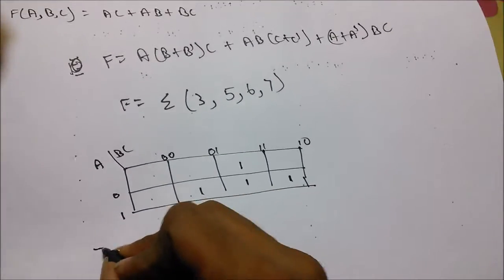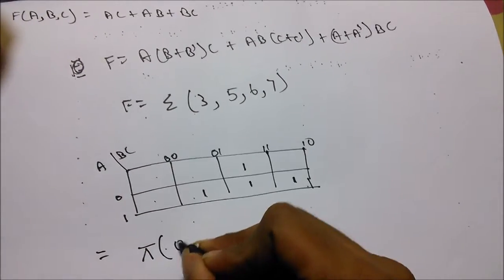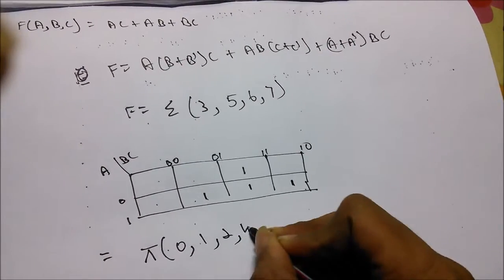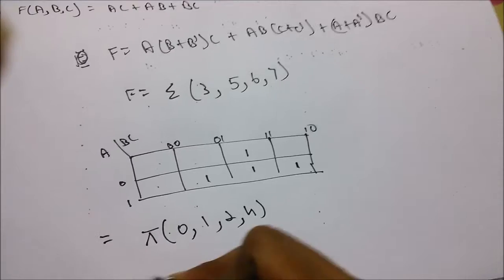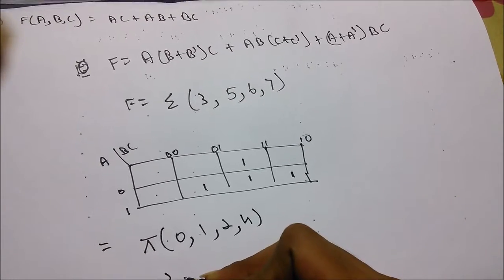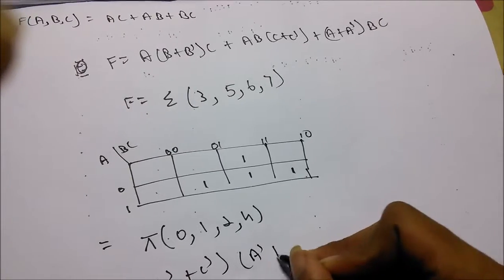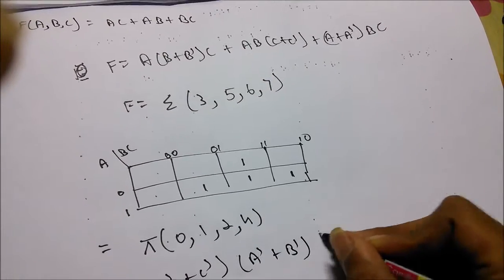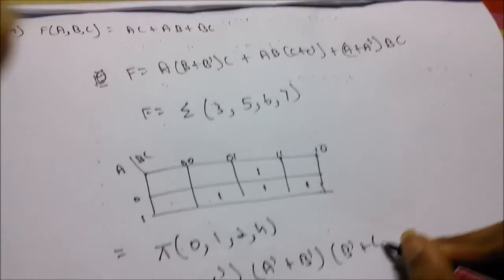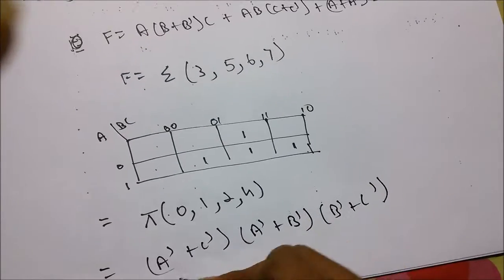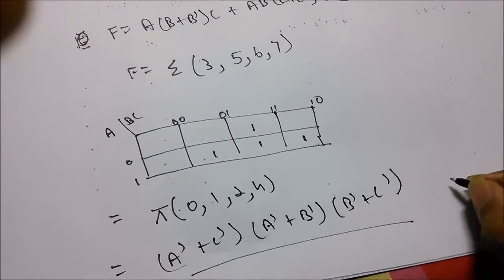Now this should be equal to product of 0 1 2 4, that is equal to A dash plus C dash into A dash plus B dash into B dash plus C dash, and this is the converted POS form. The next question, that is the 81st question, is to convert a given expression to the standard